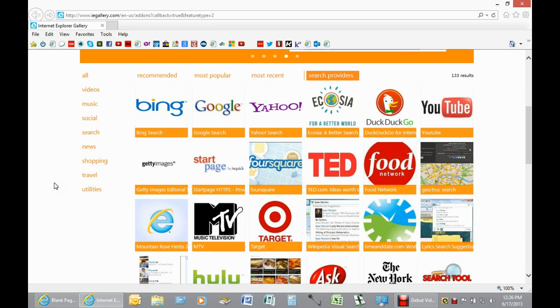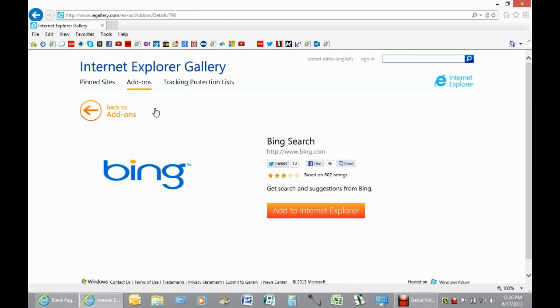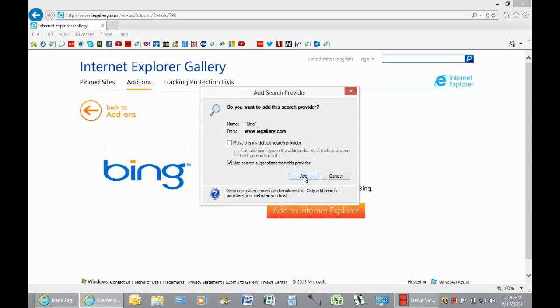Once you find the search engine that you want to use, you click on it just once, and then you click Add to Internet Explorer. Now it's going to pop up a box here that gives you the opportunity to change it and make it the default search provider. This means that every time you do a search, that it's going to use Bing or whichever one you select. All you need to do is check mark that box right there,